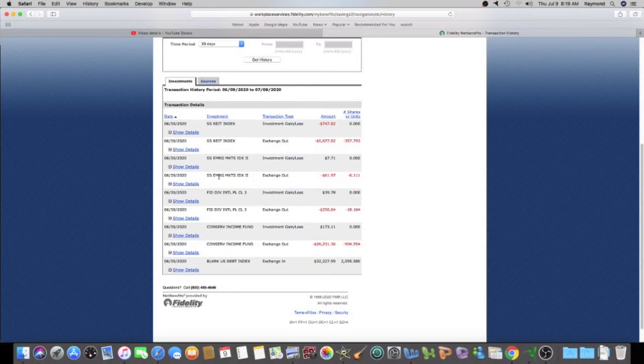This is emerging market index fund I was in. So that was not too much, almost 62 bucks. I was in this index, and don't ask me what the abbreviations are, but I got rid of almost a little over $250, and this is a conservative index fund I was in, and I had 26,000. So I exchanged everything in red out, and then I